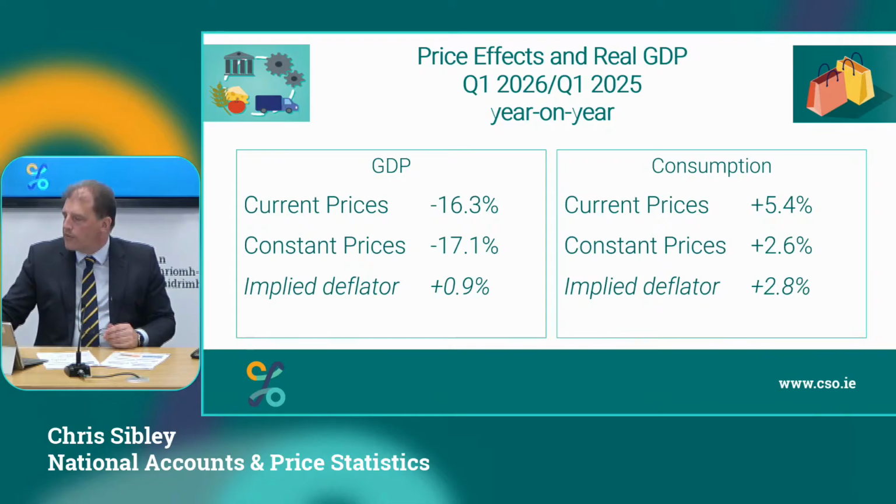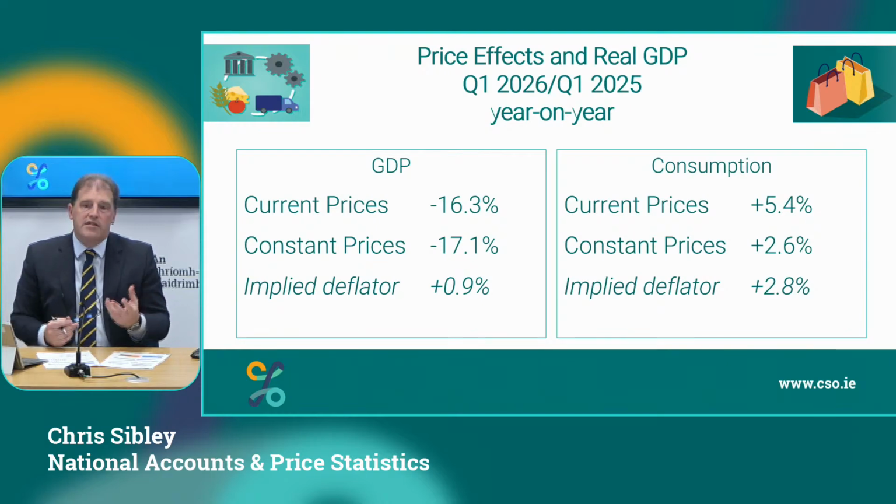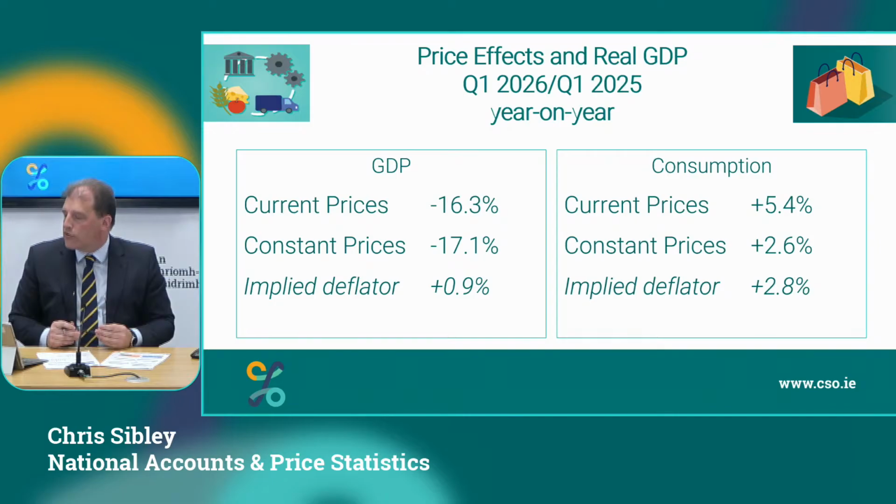And then before I finish, it's worth dwelling a little bit on prices. So when we have our consumer price index now running at 3.7% in the year to April, and we're all very conscious of that, it's important to remember that all the national accounts numbers are with prices stripped out. We put a lot of effort into looking at data when it goes up in money terms, taking the price effect out, and looking at the volume terms, or how much actual things we're consuming of goods and services, not just the price of them.